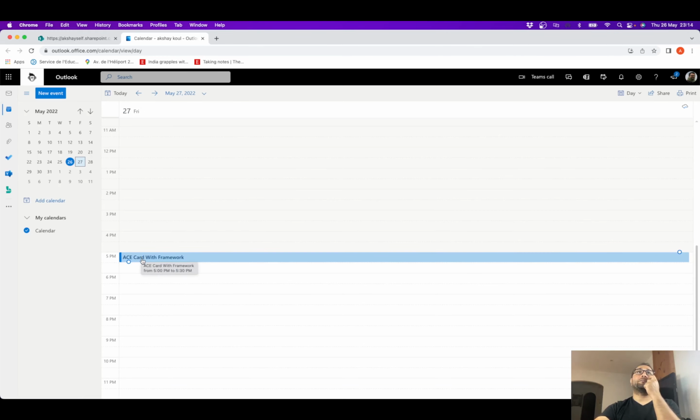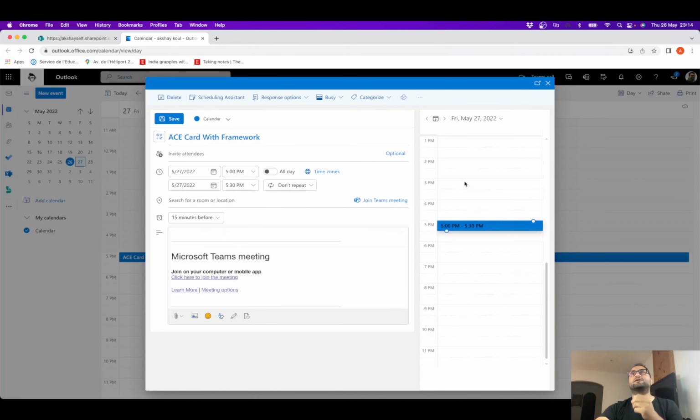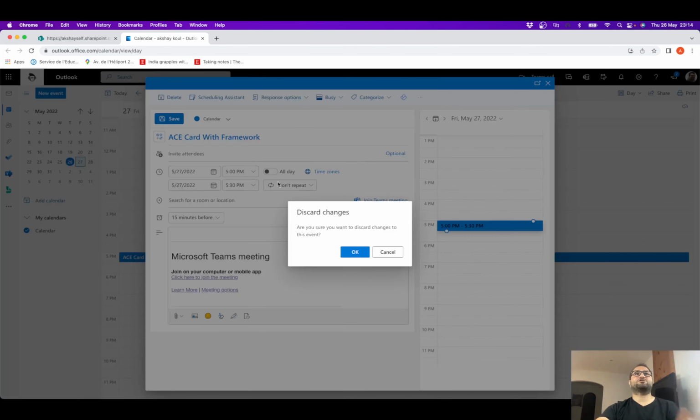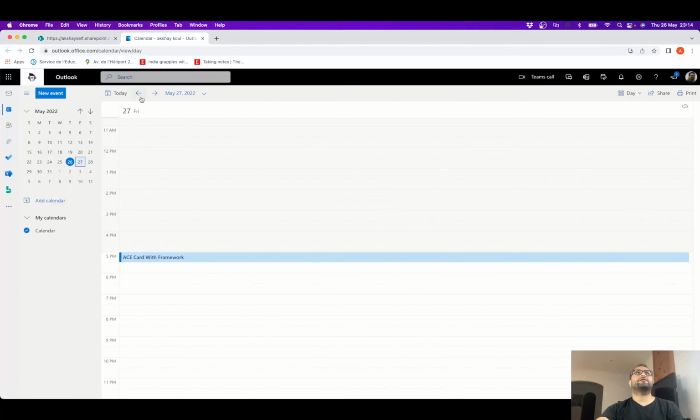Important thing, the code as it stands can only work with Teams meetings. So make sure that once you organize the meeting, your join Teams button is selected. Otherwise, the link will throw an error. And secondly,